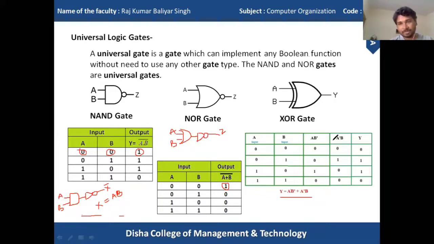So in this table we can find that here A and B, we are supplying the values 0 0, 0 1, 1 0 and 1 1. We are getting A dot B not. This negation is also known as the NOT operation. That means for 0 0, that is 0. So here exactly I can say 0 and not of B means 1. So 0 dot 1 equals 0.